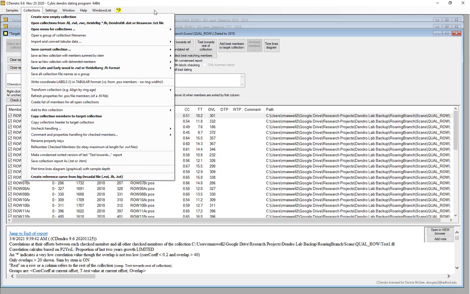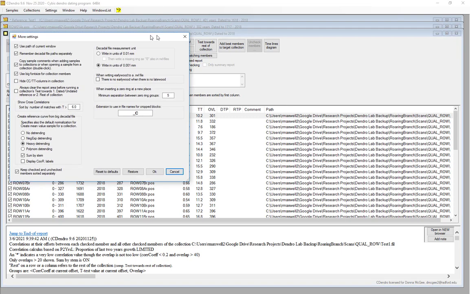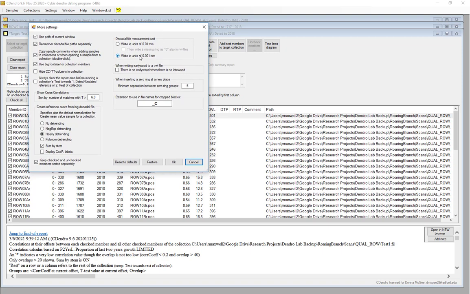The last thing that I will show you here is in the settings menu, and you can look at and manipulate some of these settings. You might as well just dig in and see what some of these settings are. I tend not to mess with them too much unless I'm trying to cross-date, but the one setting that I always check before I'm exporting my data is in the More Settings menu. And I look to see the decadal file measurement unit.